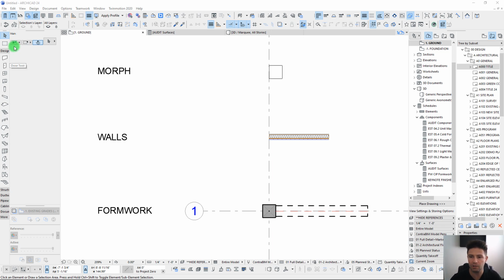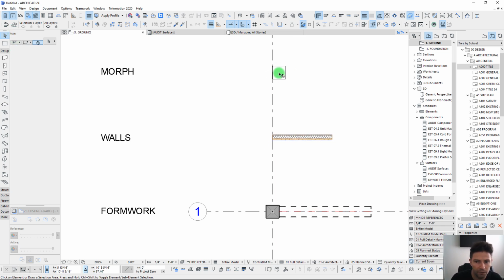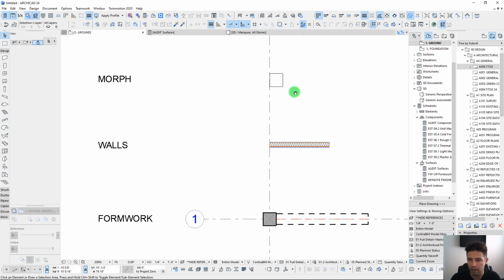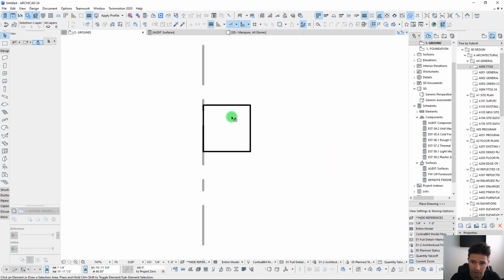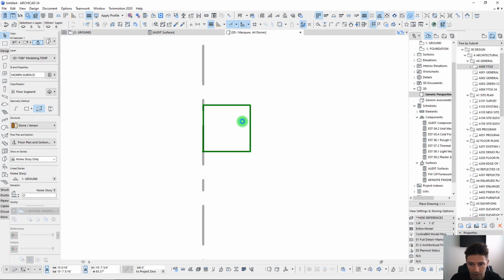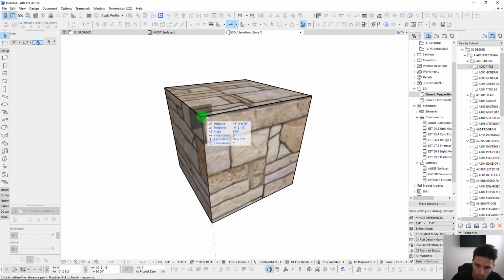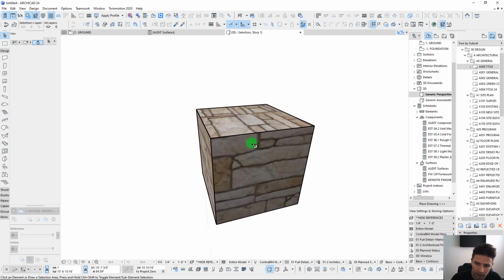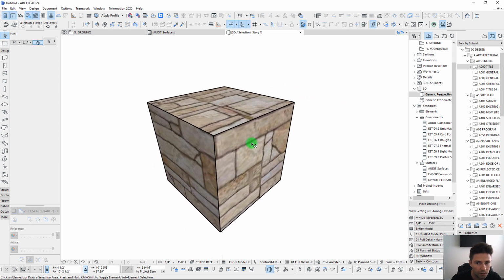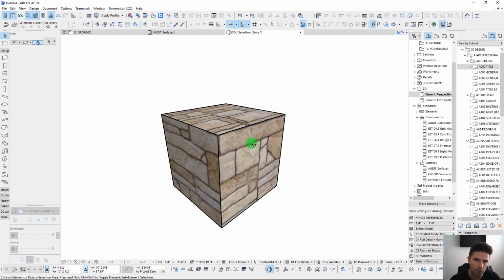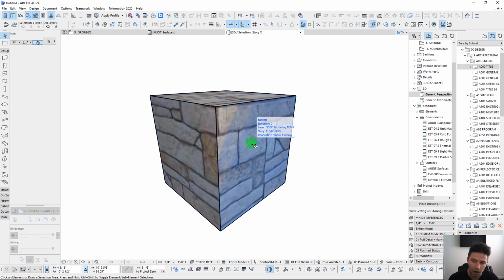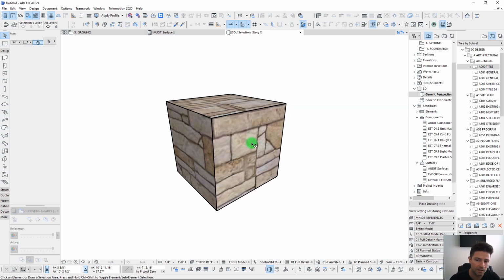So, okay, let's start out here with a very basic model example, and that's just going to be a morph. This is just going to be a cube. So let's take a look at this here. This is essentially a 1 foot by 1 foot cube. So we know by looking at this that it obviously has 6 different sides. Each side in this case is going to be 1 square unit, so in this case, 1 square foot. And we're going to start with this and take a look at how we can start extracting these takeoffs